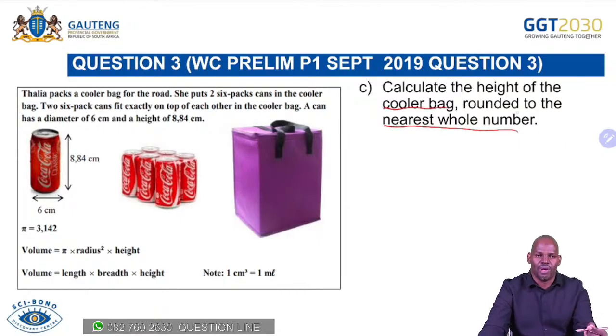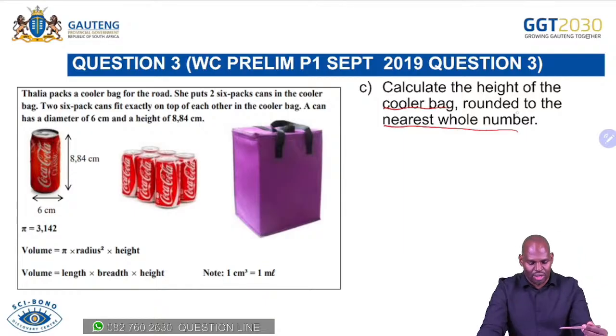Now, what information is given? What are we given there for a cooler bag? If you look at the information, nothing is indicated there. So we have to calculate the height of the cooler bag rounded to the nearest whole number. So for the height of the cooler bag, what we have to do is,